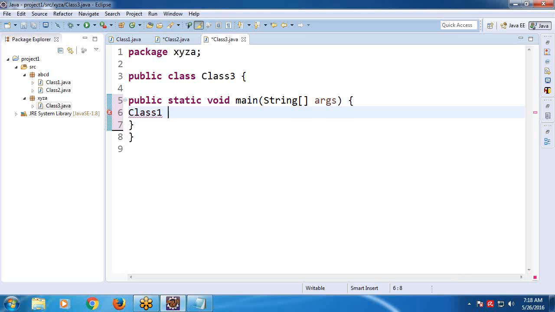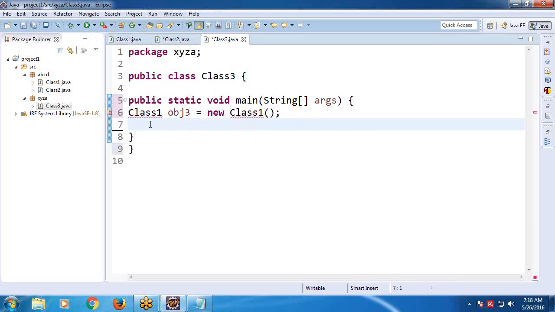That's why class 1 is the superclass for this class 3. Same project, but different packages. Class 1 obj3 = new class 1();